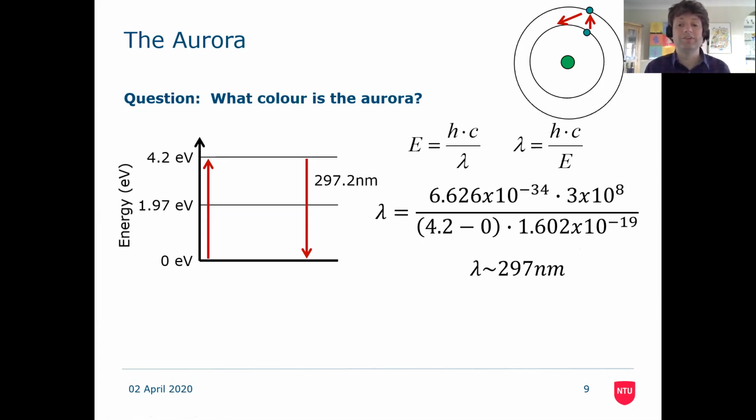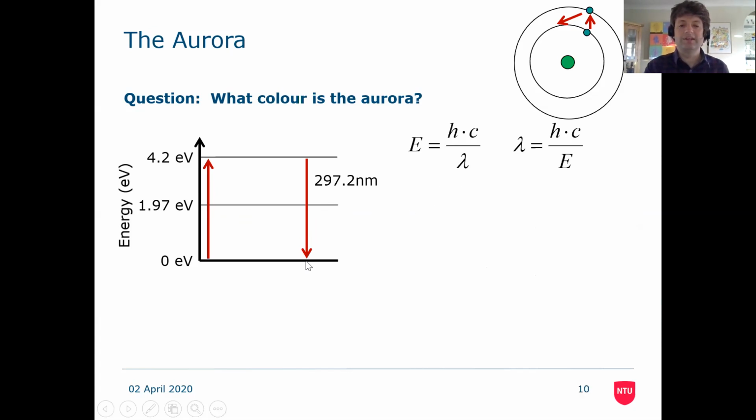And yet we see the Northern Lights. So what's going on? Well, what I've also done is I've added an intermediate state here. So when this material hurtles in from space, crashes into our oxygen atom in the upper atmosphere, and the electron goes to an excited state, it doesn't go to the first excited state. It goes to the second in this case. And because it goes to the second, well, it could drop down directly to a ground state, or we could